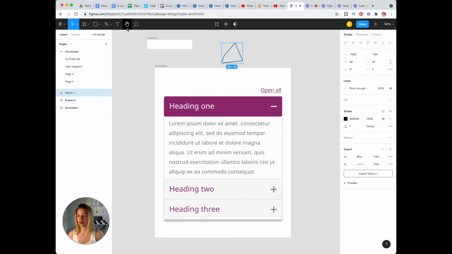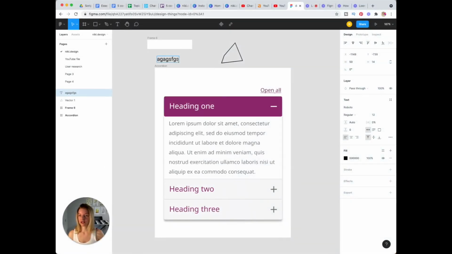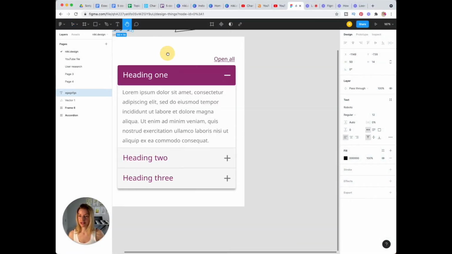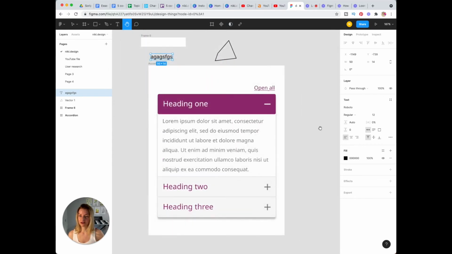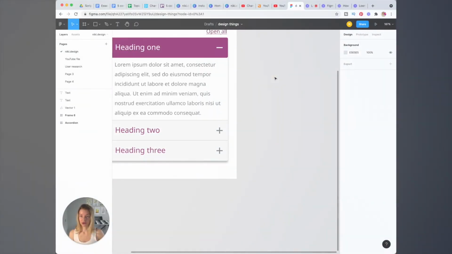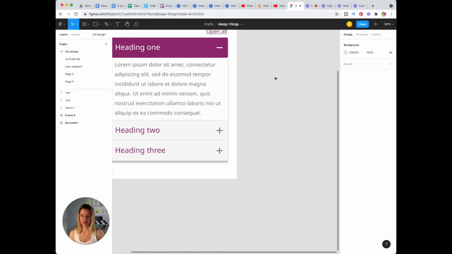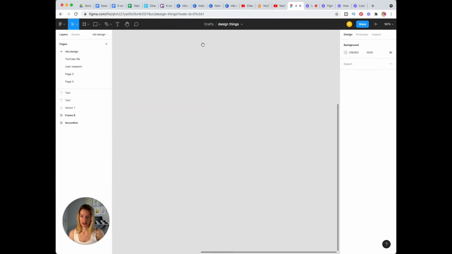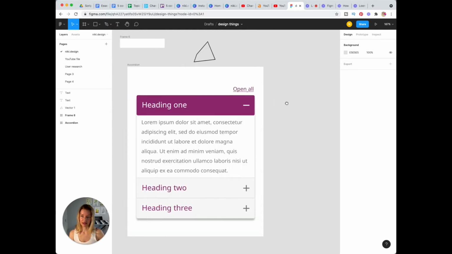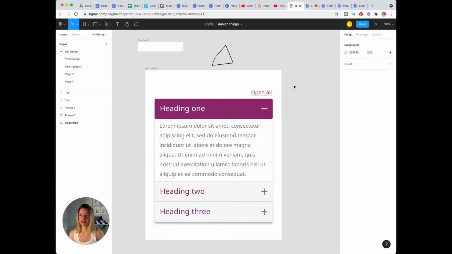So let's go back to our toolbar again. T stands for text. You can just add text to your file. This is your hand tool, so that's how you move or navigate yourself around. So you can actually move around in a different way. You just gotta press spacebar and drag with your mouse, and that's how you move around or navigate around.